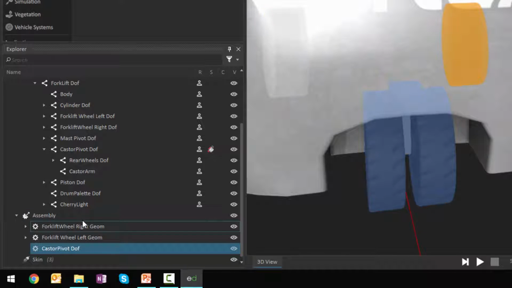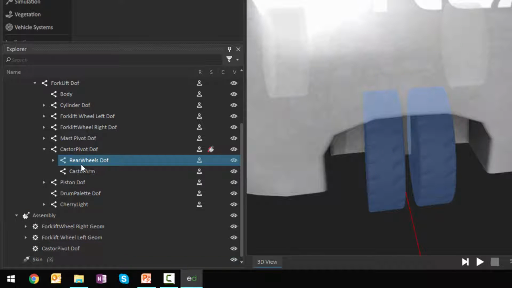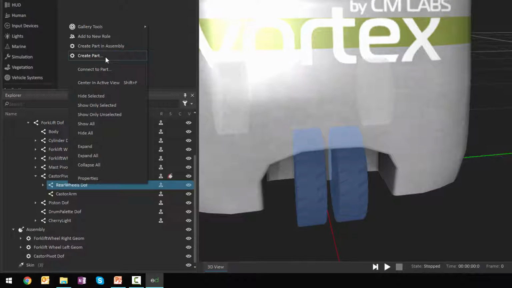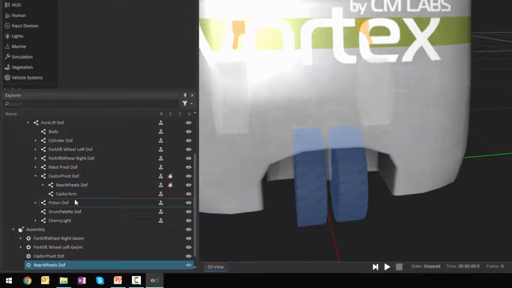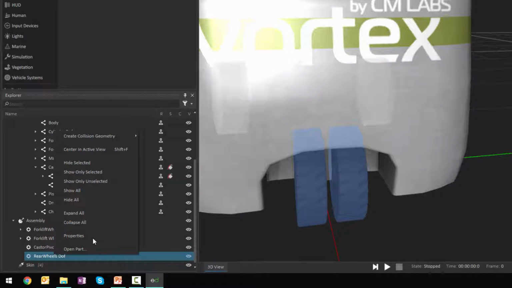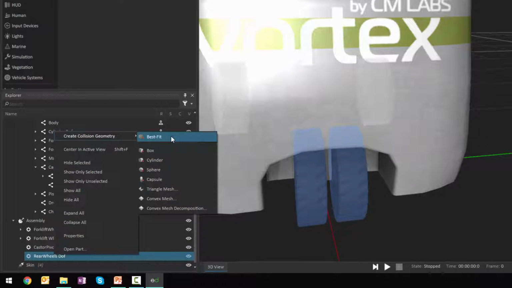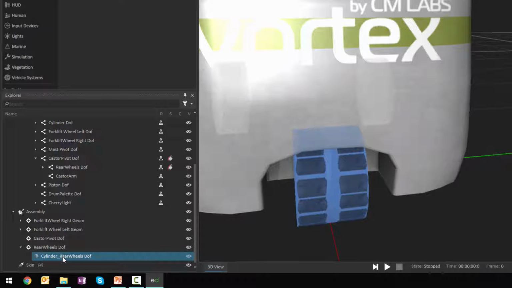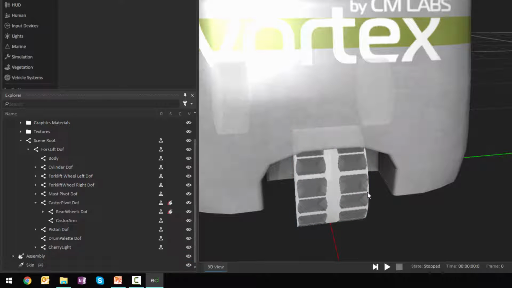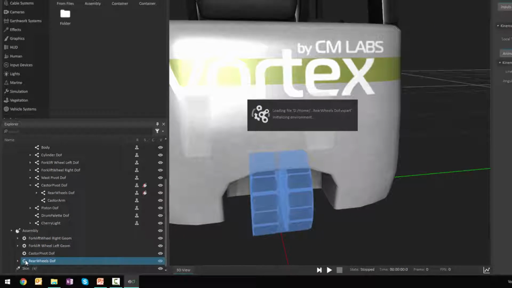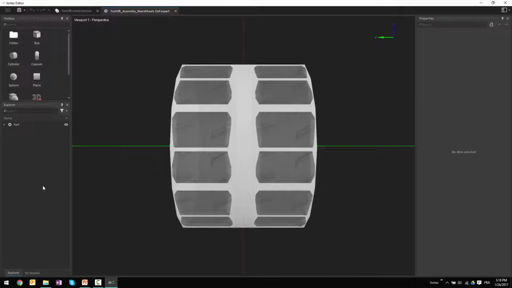Now what I will do is actually create a part for the wheels. So I'm going to select the rear wheels that we have here, and I'm going to create a part inside of the assembly. Now for this one, I will go and create a collision geometry and select that it should be of type best fit. And so we have yet another cylinder. This one is larger since there are actually two wheels at the back of this machine. I'm going to save my mechanism,